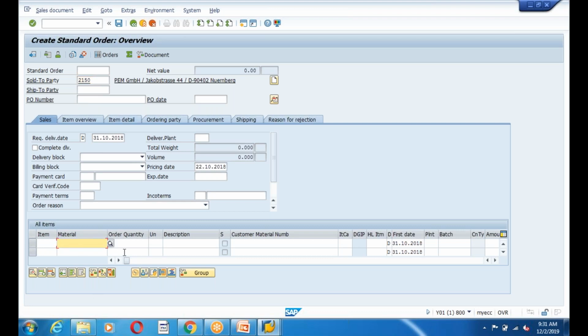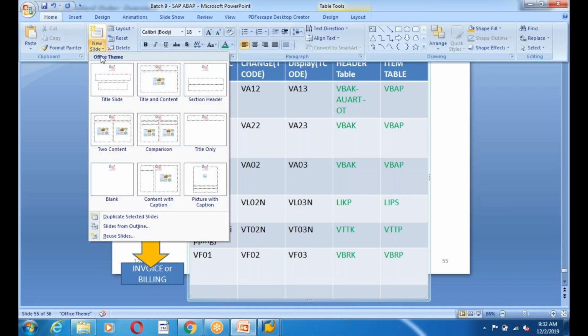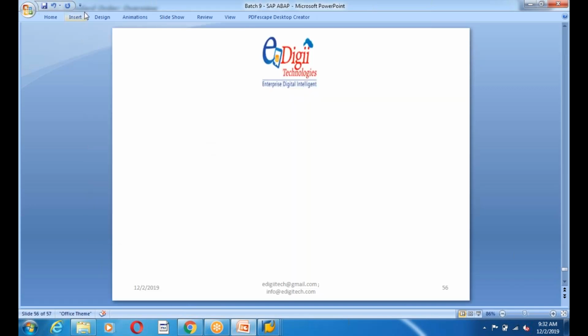And the order data, today I ordered 2 products, tomorrow I ordered 5 products, day after tomorrow I ordered 10 products. The order data, I can say it's transactional data. So what exactly is the customer and what are the transactions to create the customers, and what is product, what are the applications we have to create the products, and what are the database tables we use in the materials, what are the database tables we use in the customers, that we see in the next slide. Very, very important. And we are going to talk about who is the customer, and how the customer data will be created, guys.